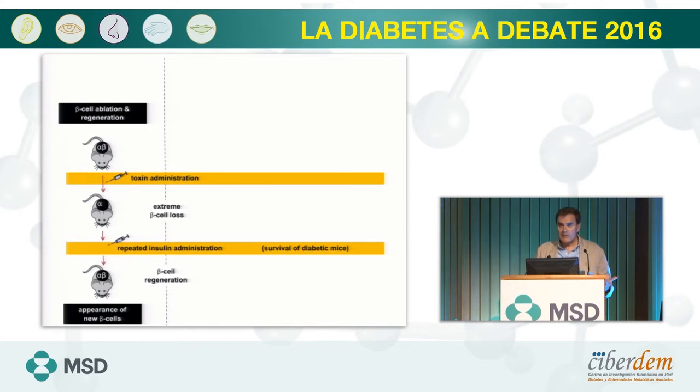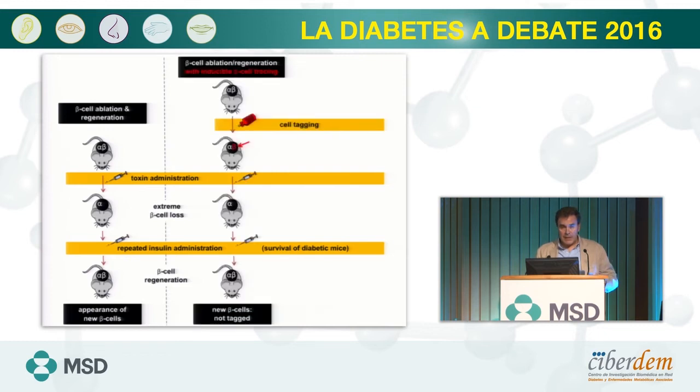That was the first surprise, in fact, because I was convinced personally that the whole pancreas cannot regrow new insulin-producing cells. Anyway, we wanted then to determine the origin of these newly formed insulin cells, and for that, we did a number of experiments, among which we genetically pre-label the beta cells before killing them in order to see whether the escaping cells were the ones contributing to this regeneration. And the fact was that the newly formed cells are not tagged, meaning that they were not escaping